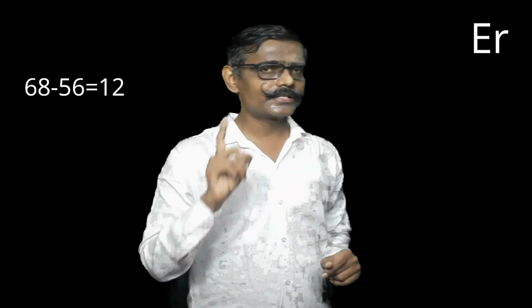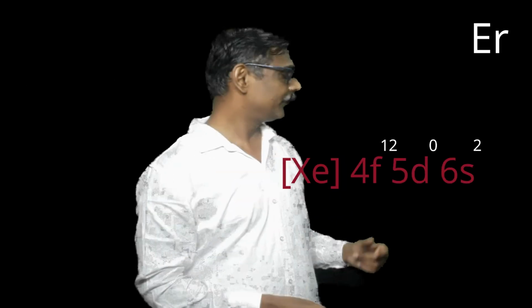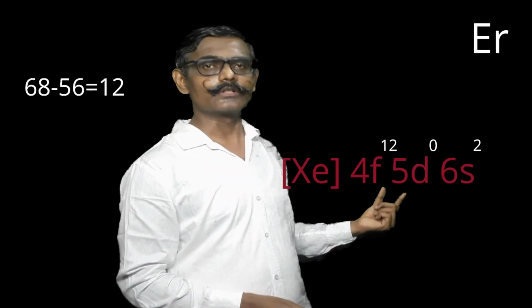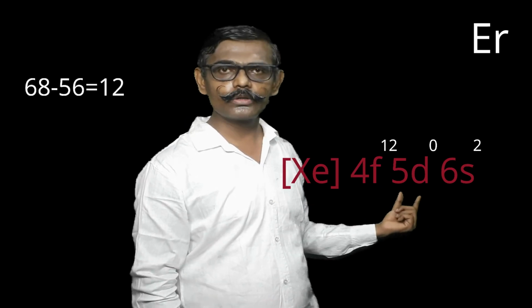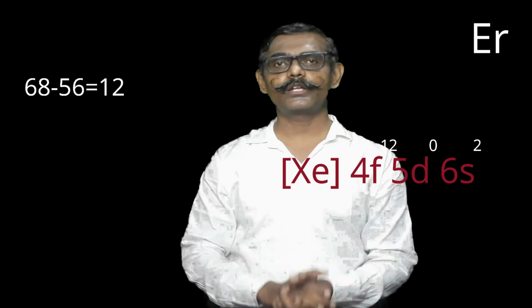Now let us think about the element with atomic number 68. Which element was there with atomic number 68? C, B. Cb means, what was our imagination for Cb? Yes, non-living thing. Cab was there. And related to cab, what was the living thing? Ear was there. Red ear was there, if you remember. So ear. Related to ear, what was the element? Erbium, right. Erbium, atomic number 68. So how can we write electronic configuration? 68 minus 56. So in f orbital, there will be 12 electrons. So xenon 4f12 5d0 6s2 is electronic configuration for erbium.